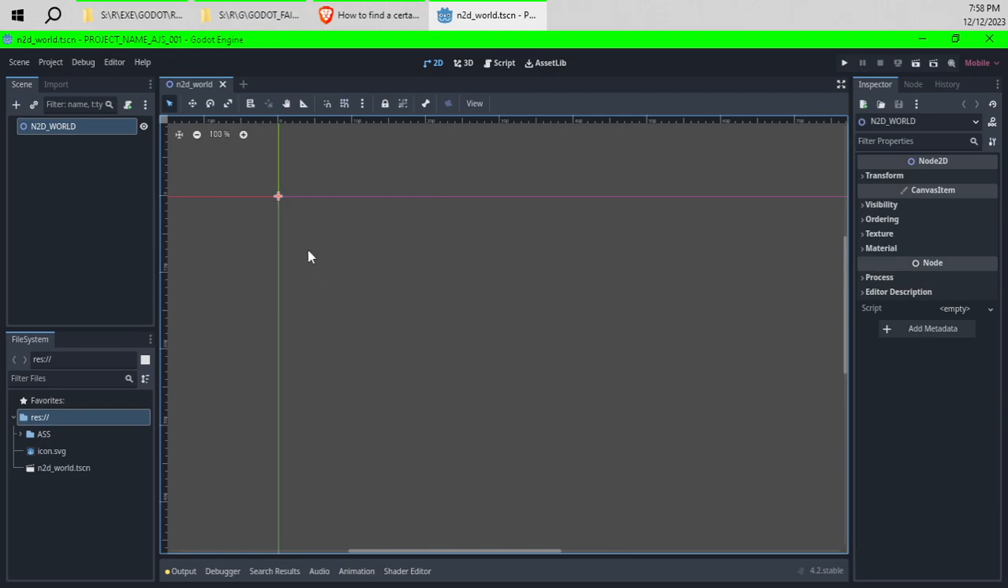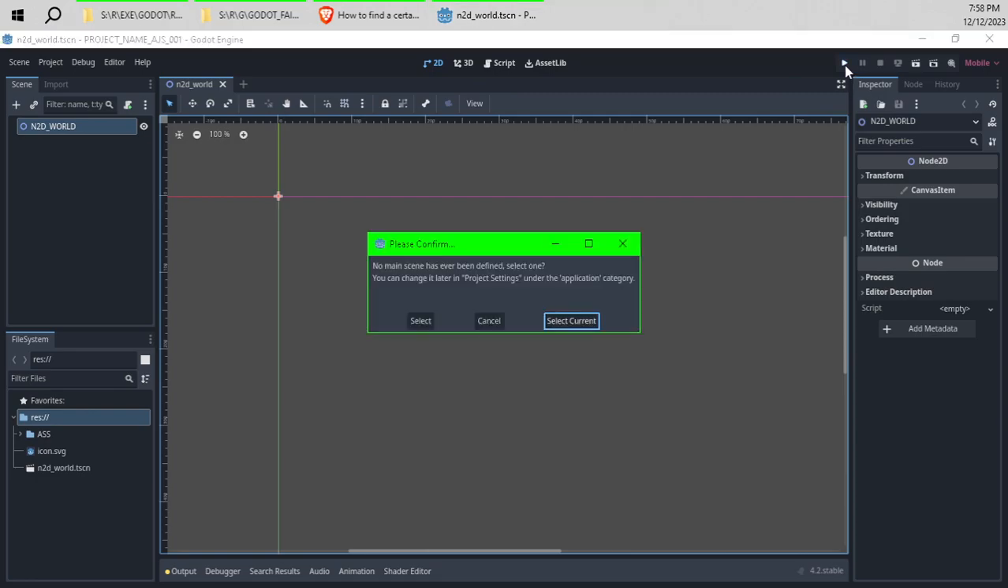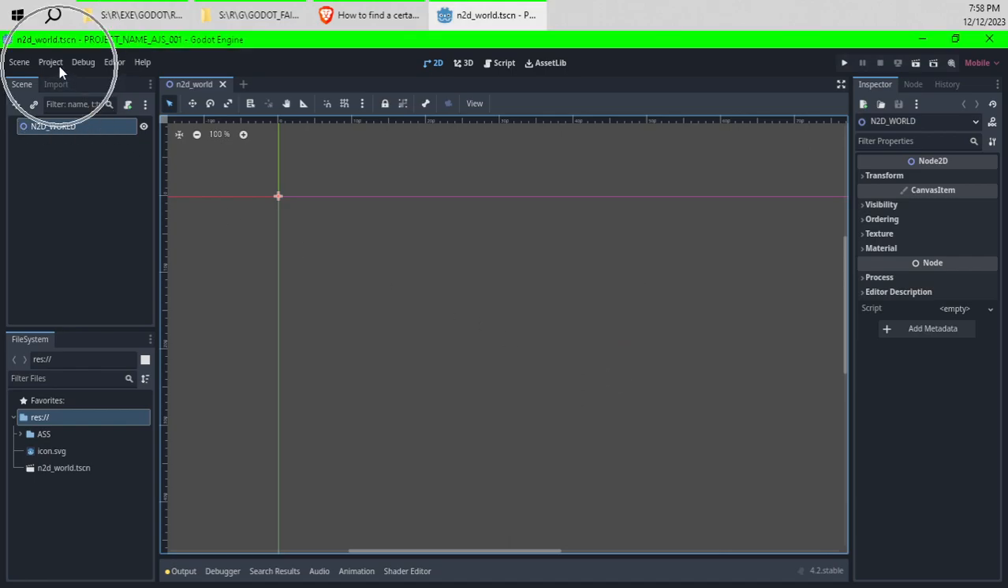And then the next thing we're going to do is we can just run it right now. We can hit this play button here, just make sure that everything's working. Now it says that we have not selected a current scene here. Now I can just say select current here, or we can cancel, and we can go up into project settings here,